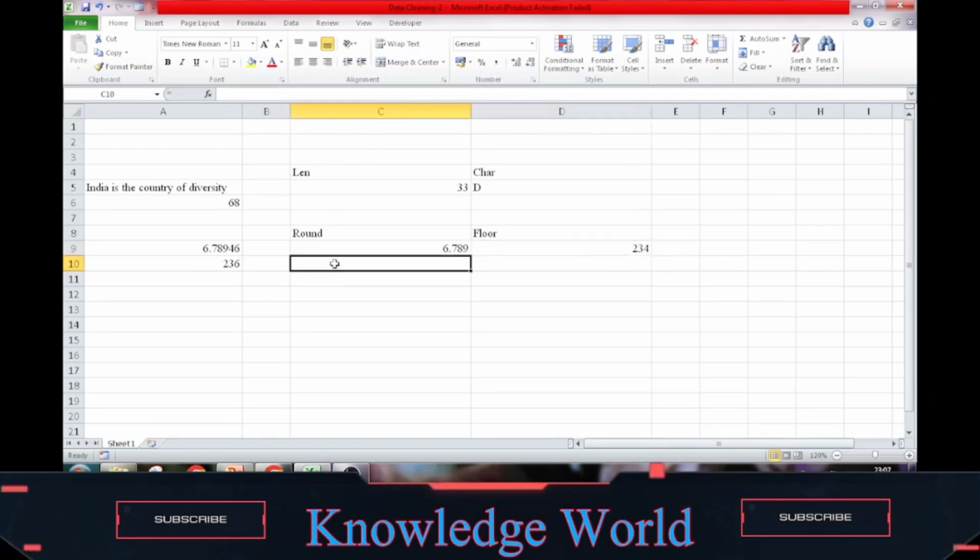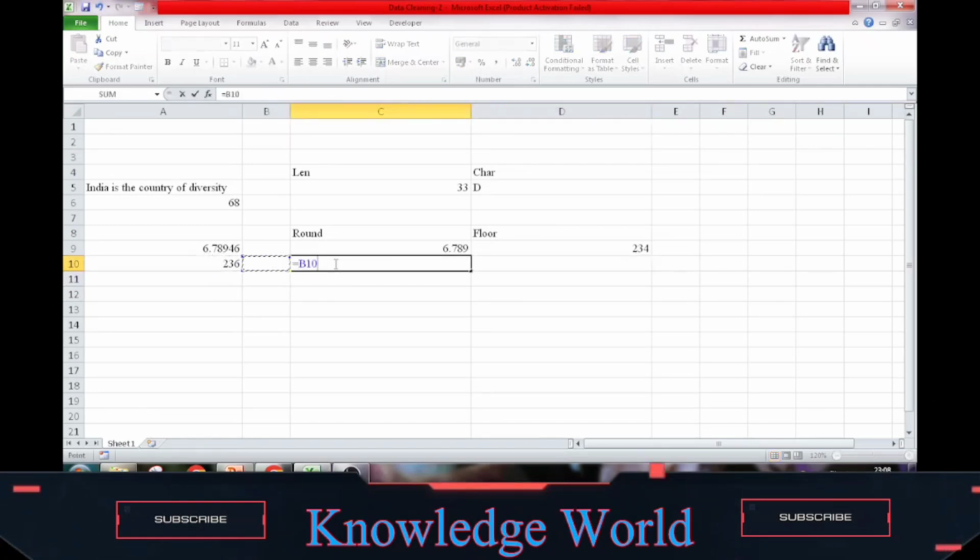In the second case, if we select the ROUND function of this number with comma -2 or -3, the answer will be 0. So in this case, we write -2, and that will be 0.